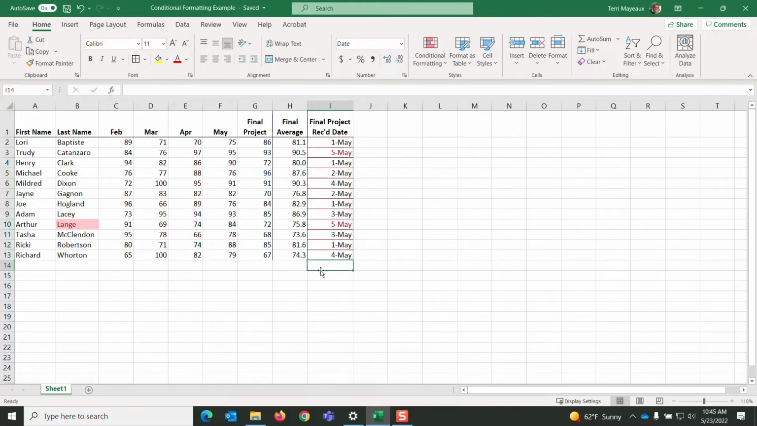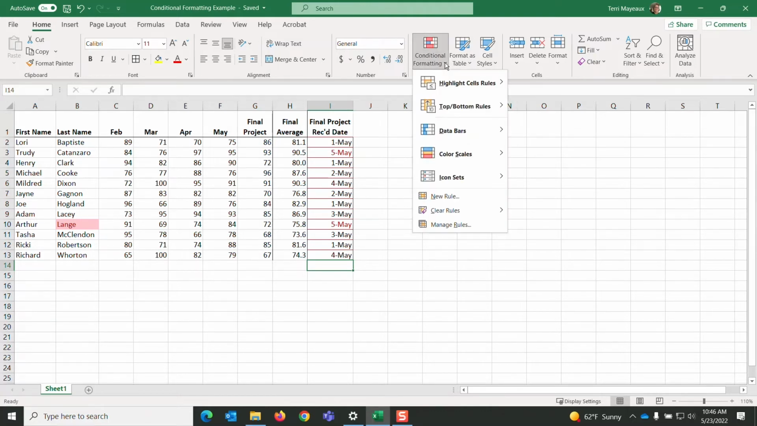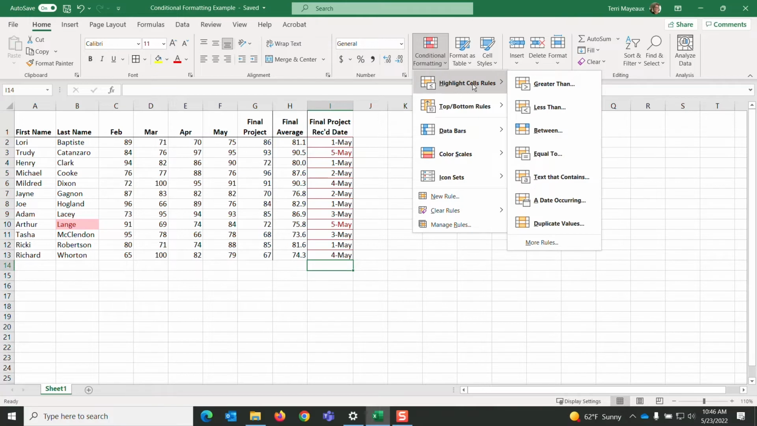And I need to click off for us to see, but we see that May 5th, those dates were late. They were past the deadline for that final project. So we have used our conditional formatting to look at the dates and even names and a lot of different scores as well. Now, conditional formatting, when you use this highlight cells rules and you look at duplicate values, depending,